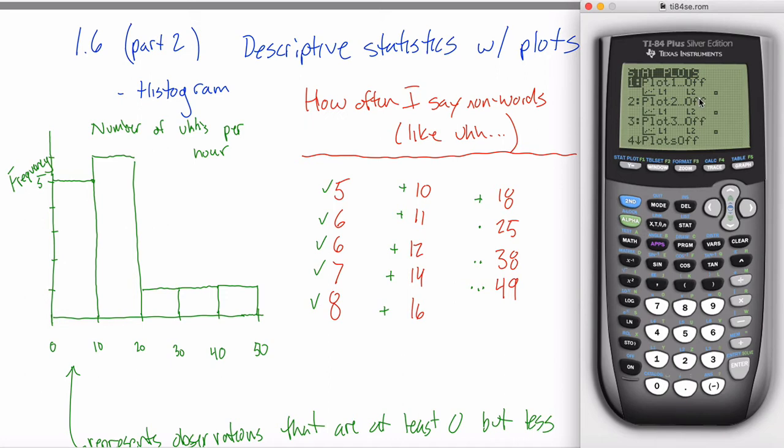Make sure number 2 and number 3 are off, and then go into number 1. Number 1 on my calculator is currently off. I don't want it off, I want it on, because I want it to make a histogram. So I put it on. The next question it asks me is, all right, what type of statistical plot would you